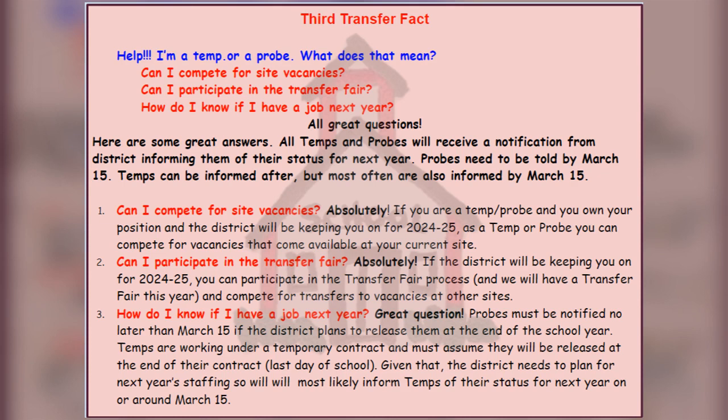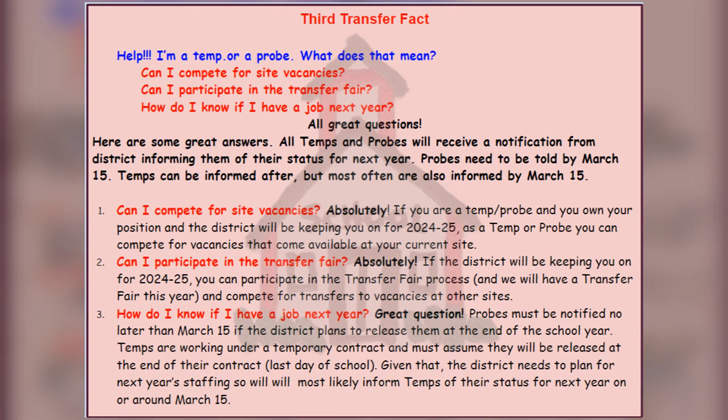They can't release you because you're gay or you're straight or you're pregnant or you have a disability or you're Catholic or you're whatever it happens to be. If you're a member of a protected class, you cannot be discriminated against in the workplace. And so these laws, of course, don't protect the district from using them that way. But generally speaking, absent any kind of discriminatory act by your employer, you can be released as a temp